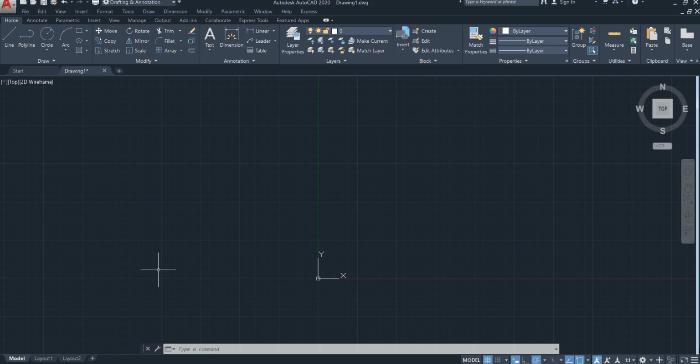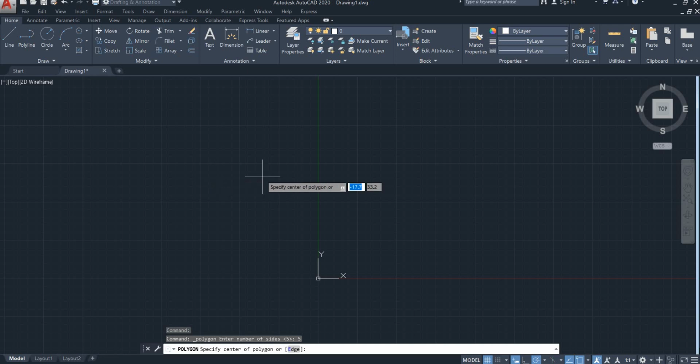In this video, we are going to learn how to draw a polygon in AutoCAD. In the Draw panel, go to this rectangle icon, click the down arrow, and select Polygon. AutoCAD will ask you to specify the number of sides of the polygon. You can specify any number of sides starting from 3 and onwards. Let's specify 5 for a pentagon and press enter.